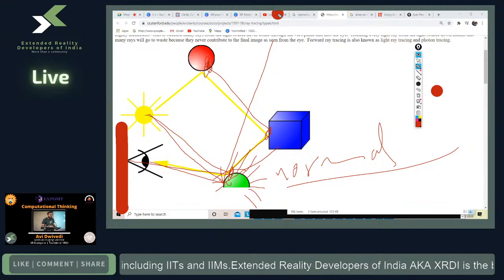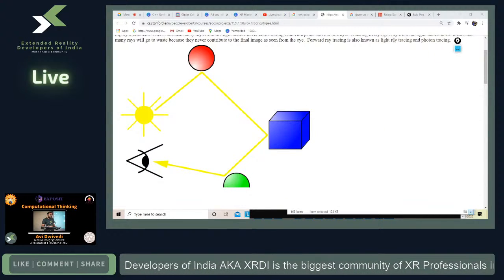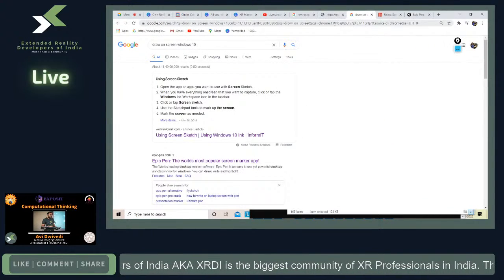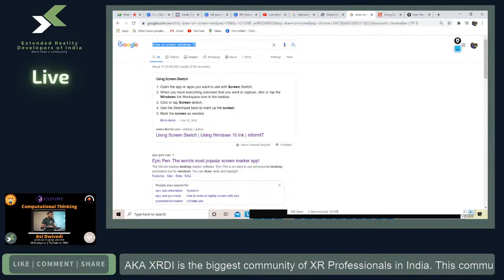So for example, let me, how do I escape? Okay, I can turn this off. Awesome. So if I search for some more ray trace images,